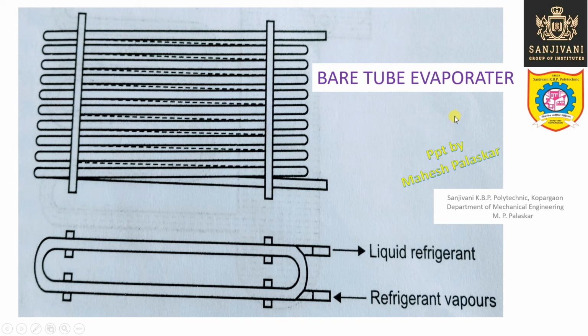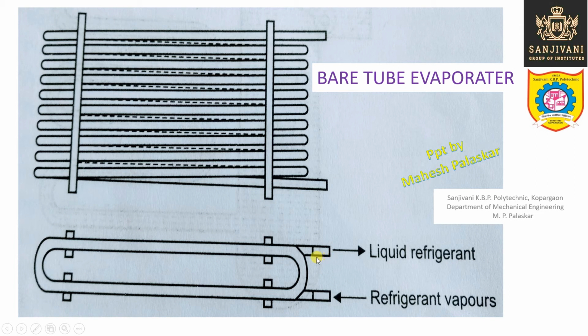Now we have studied that depending upon the construction or the surface area available for heat transfer, the evaporators are classified into various types, and this is one type, that is the bare tube evaporator. So only tubes or coils are present. There is no extended surface, the fins are not there. These are the supports. These are not the fins. Okay. So the refrigerant vapors are entering and the liquid refrigerant